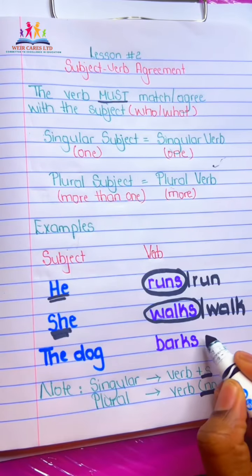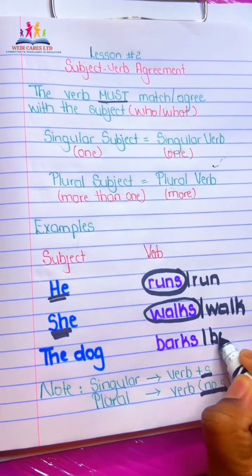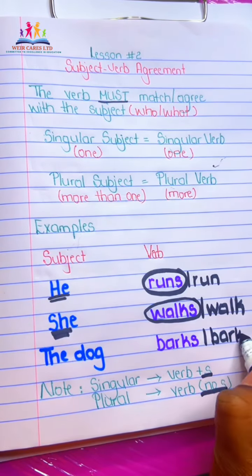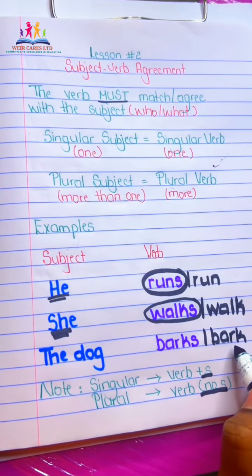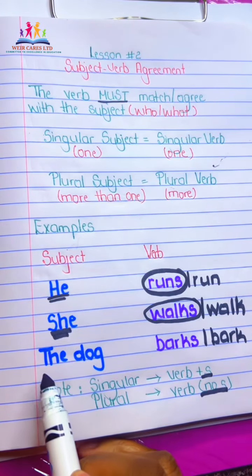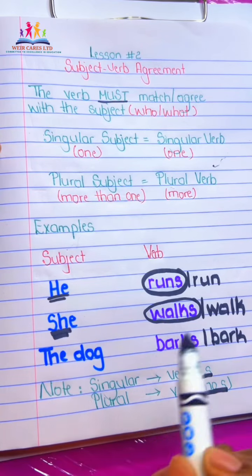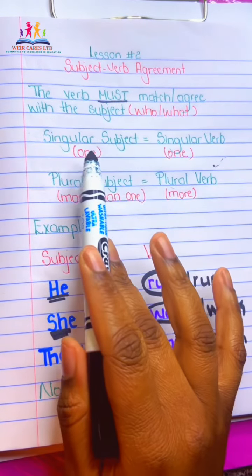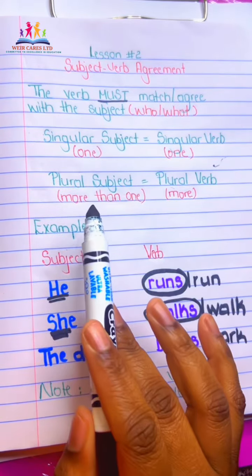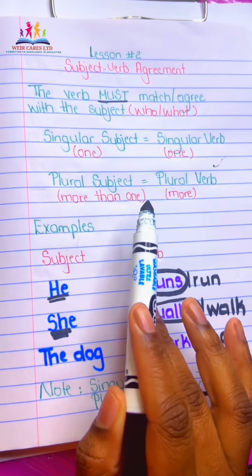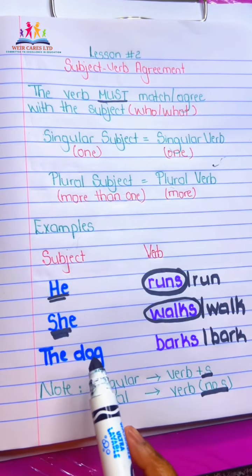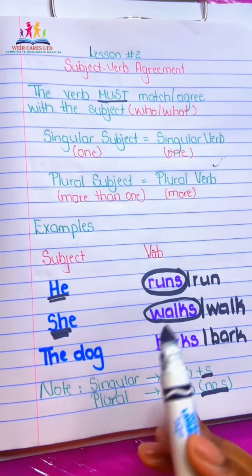Let's look at the next example, and we're going to be comparing the verbs barks versus bark. Let's look at our subject, the dog. Is the dog singular, which means one, or is it plural, more than one? The dog is referring to one dog. So in this case,